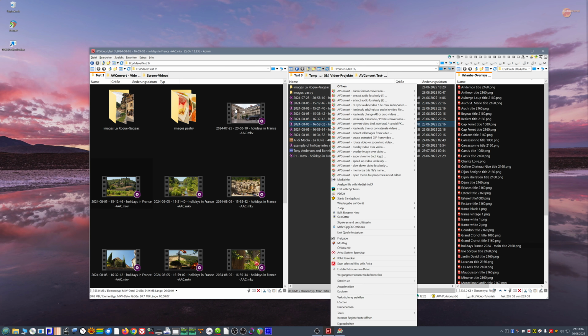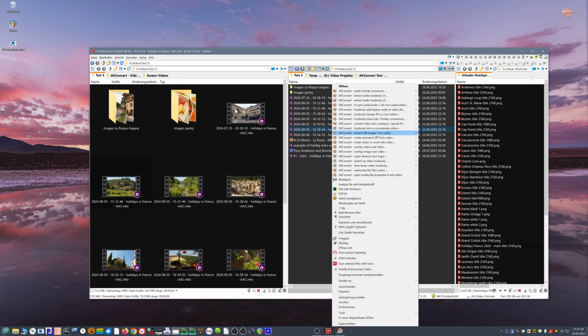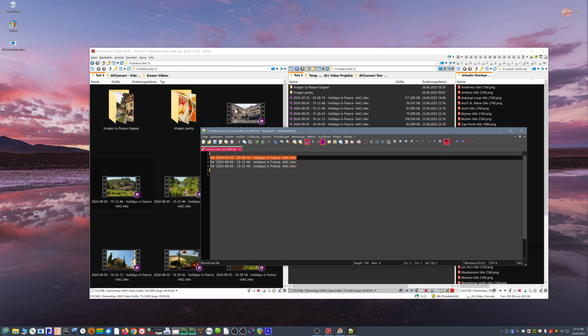And in order to get these concatenated, we just right-click a single one to get into the concatenation submenu, concatenate videos, and then C2A, edit list of MKV files. And we want to get rid of all other videos which we don't want to concatenate. We only want to concatenate these two,